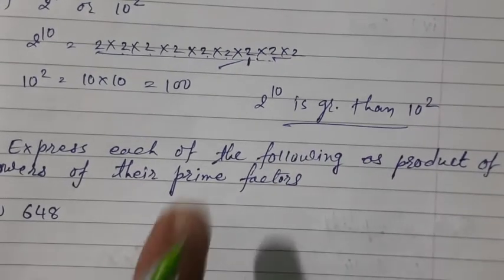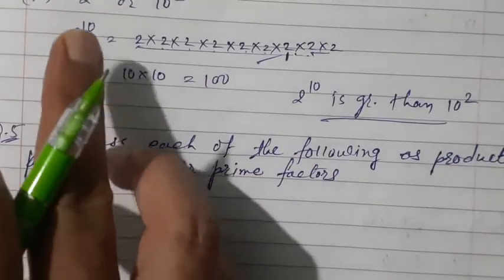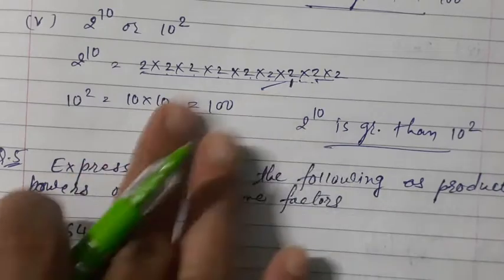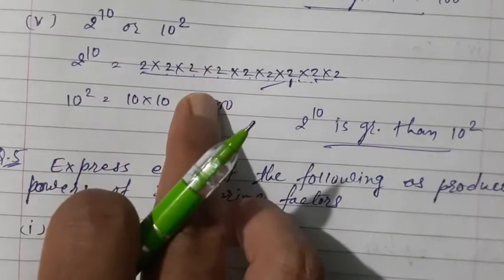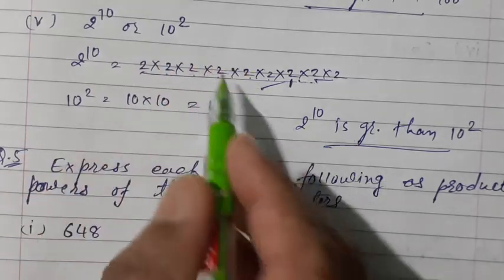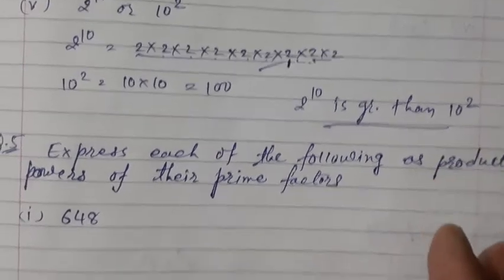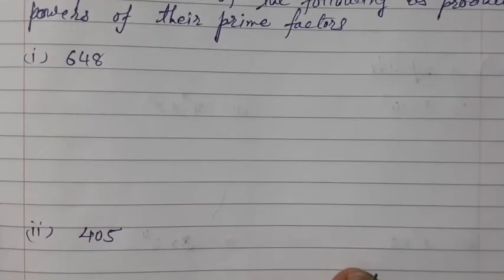So when the power of anyone is less than 5, that time you just find out the answer of both. And if the power of anyone is more than 5, that time you just guess which one is greatest. Okay, now question number 5.